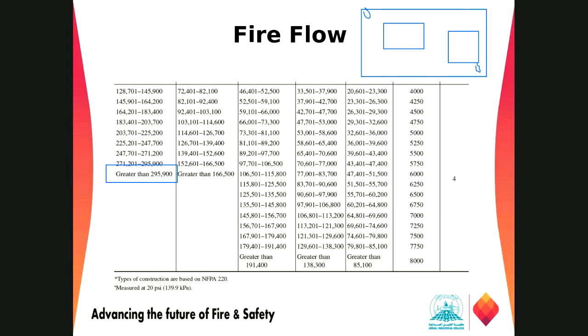This is Type 1, Type 2, 3, 4, and 5. And the area is around 167,000. So anything greater than 85,000, they need 8,000 GPM for those areas, right? If it is Type 5 construction. Again, NFPA 1 18.4 says that if this building is protected by a sprinkler system, right? If this building is protected by a sprinkler system, the one I just said,